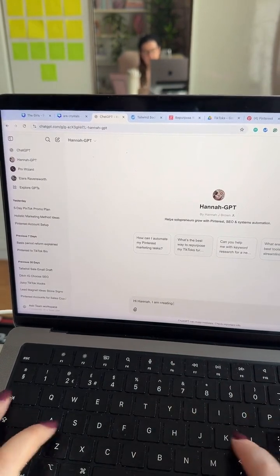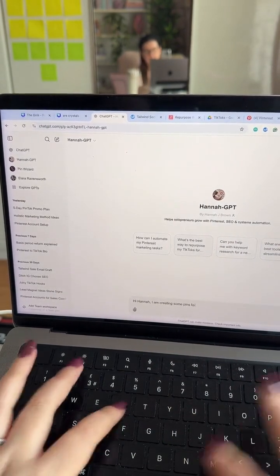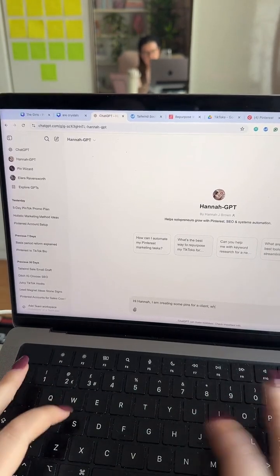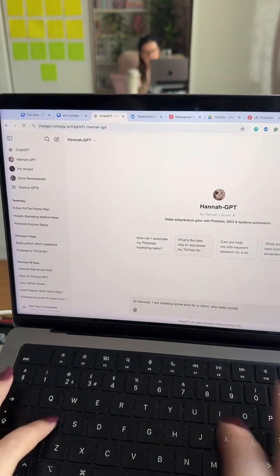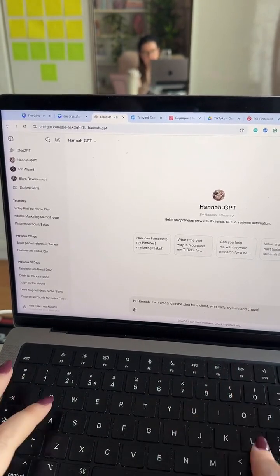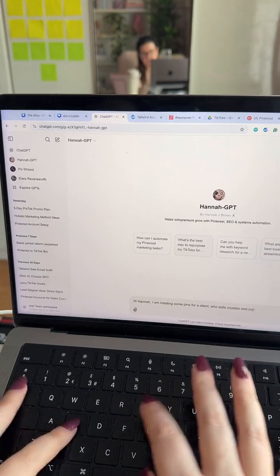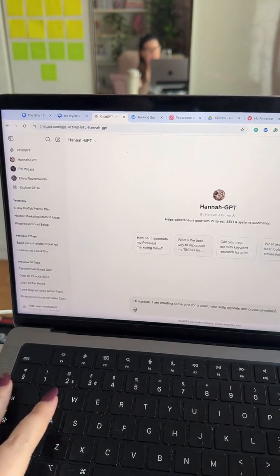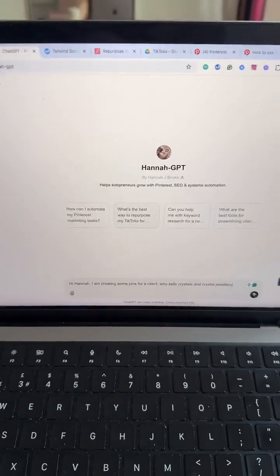I am creating some pins for a client who sells crystals and crystal jewelry. I really can't ever spell the word jewelry, by the way, just FYI. Let me turn it this way so you guys can see.